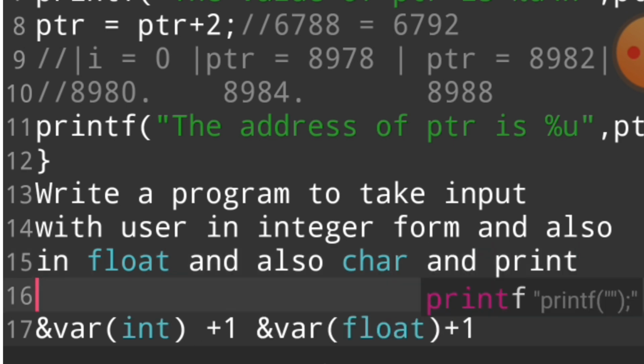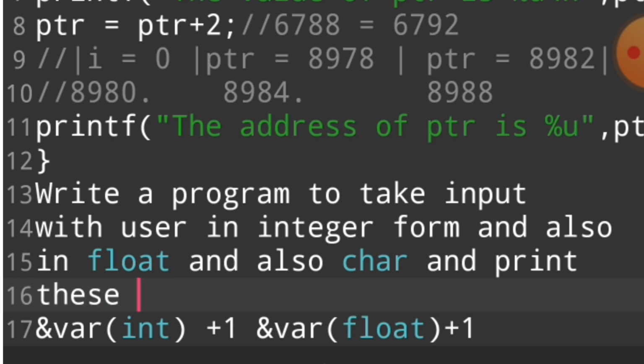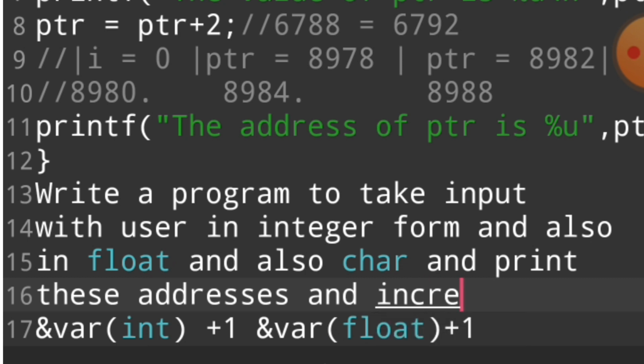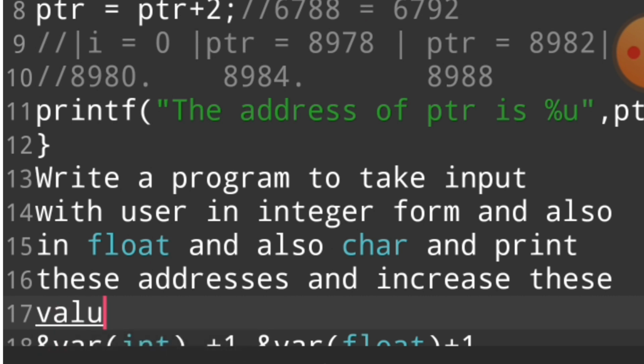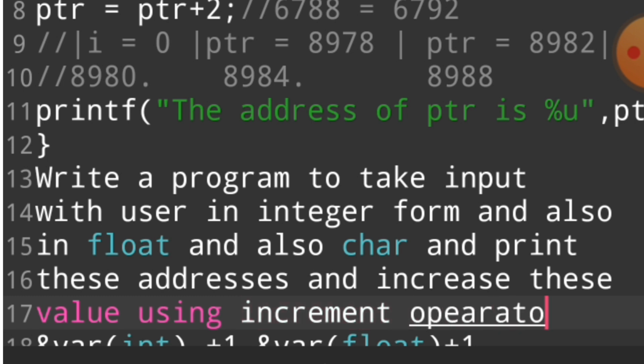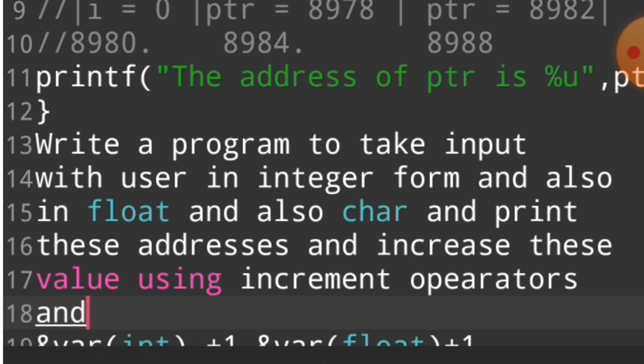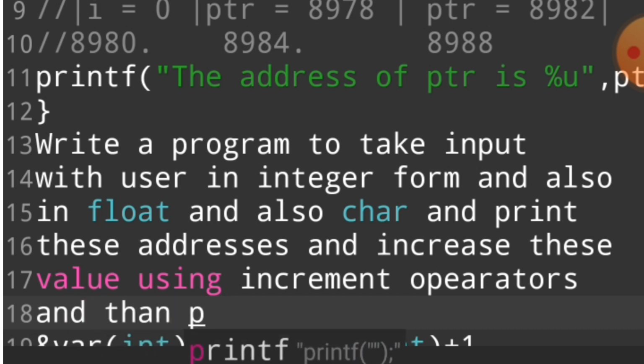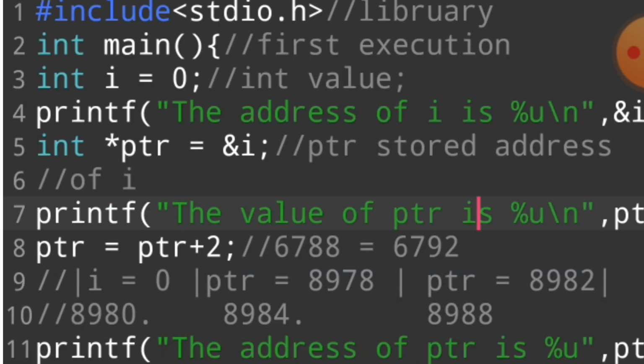Print these addresses and increase the value of these addresses using the increment operator, and then print. I hope you understand this topic. This is a very simple and very easy program. This is similar to this program.